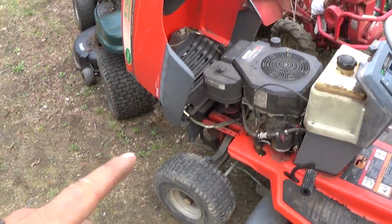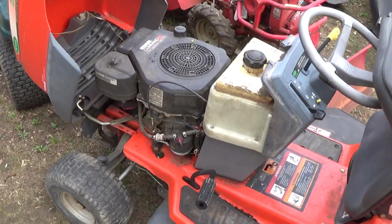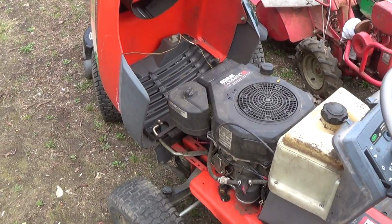So I've been leaving the hood open. They say if you leave the hood open, mice don't like to hide in there. So I'm hoping any more that would... I think they all evacuated when I moved it, but...